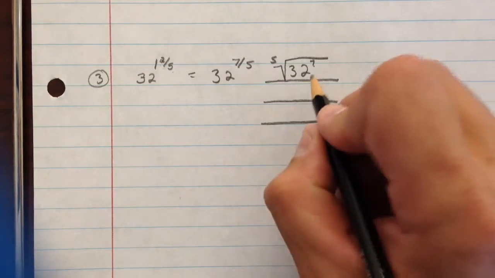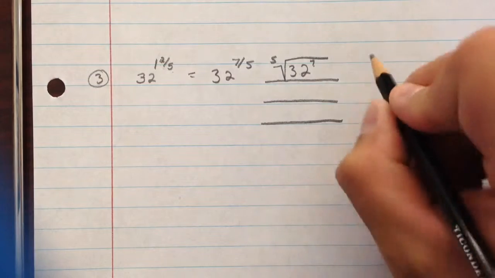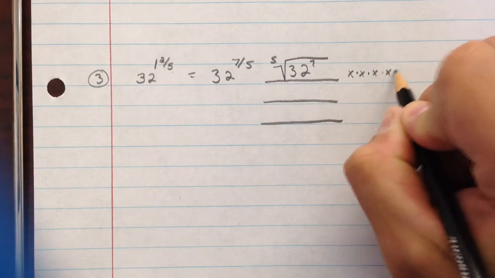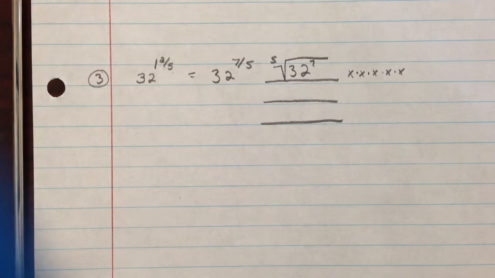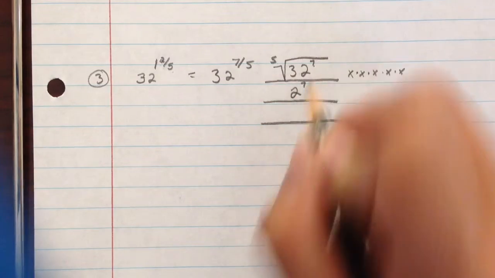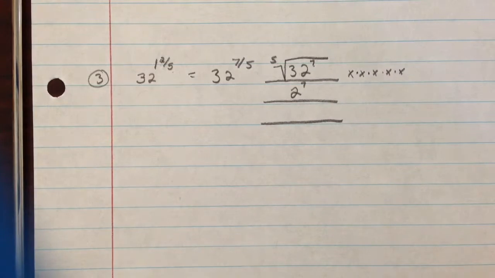The 5th root of 32 is what number times itself 5 times equals 32, and it's 2. And then bring down the 7. And then 2 times itself 7 times